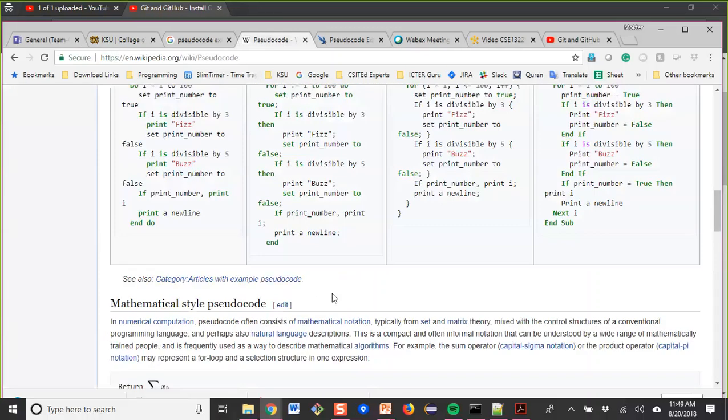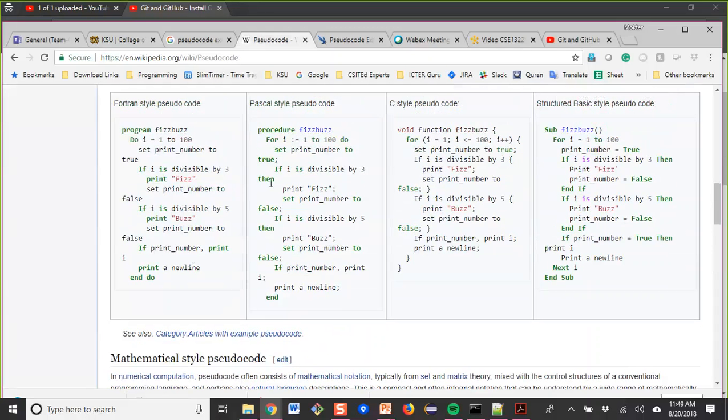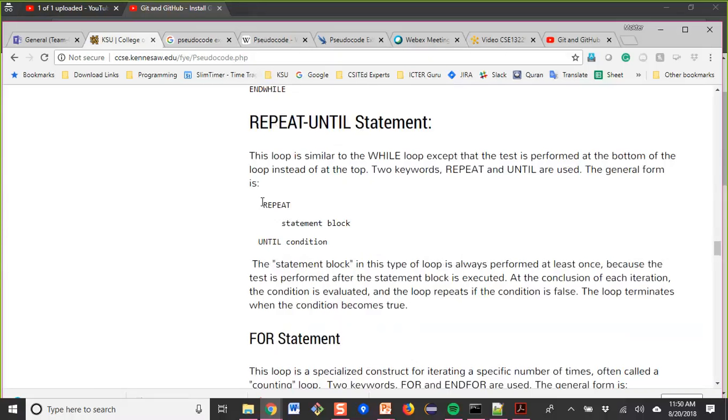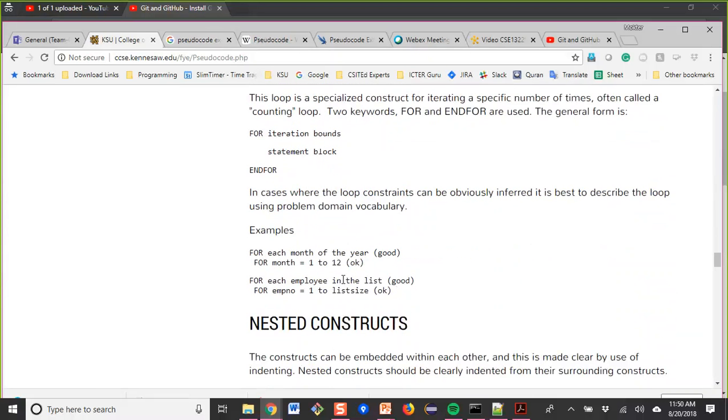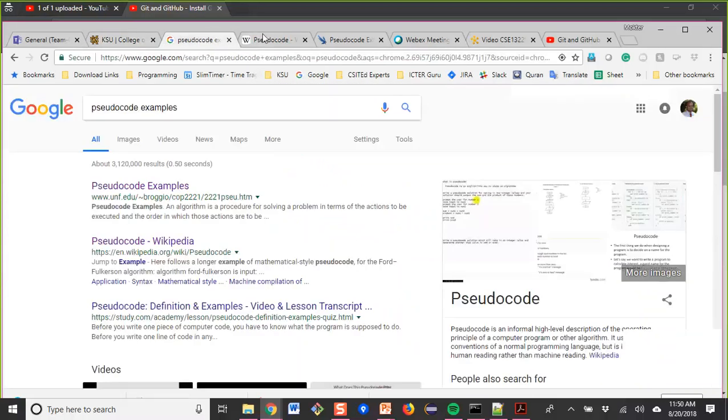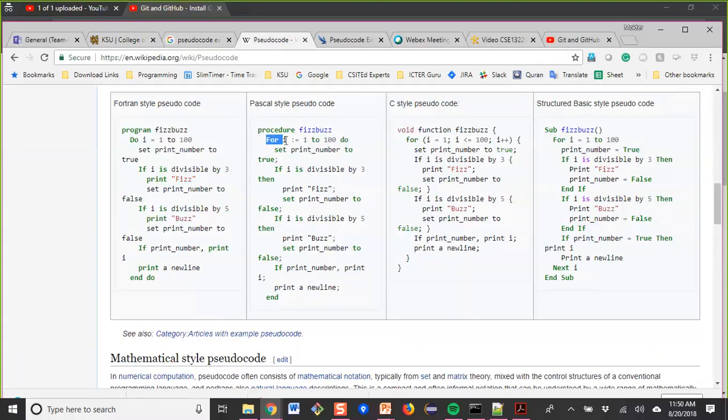You see the for loop right here. The same for is used with do. So somewhere, in some cases, it uses do. If we see this example, for i equal to 1 to 100, do this.